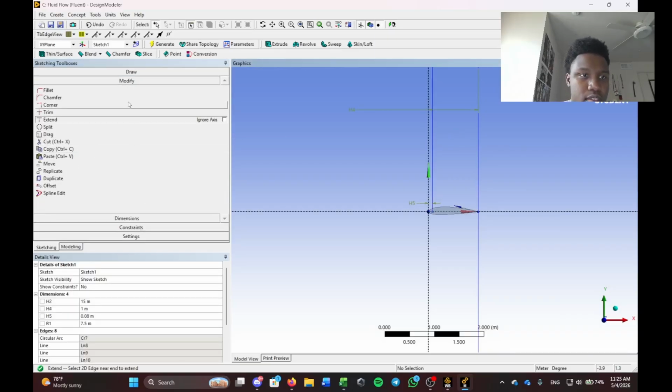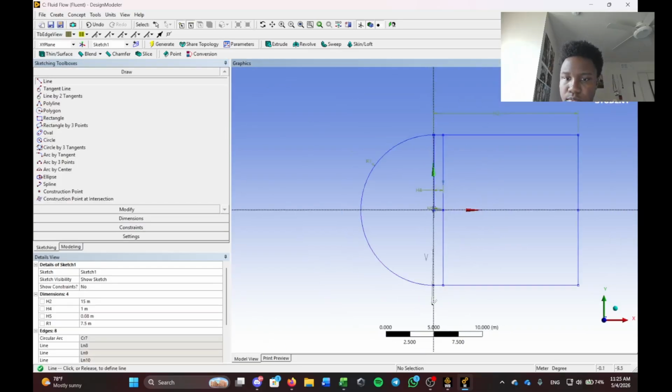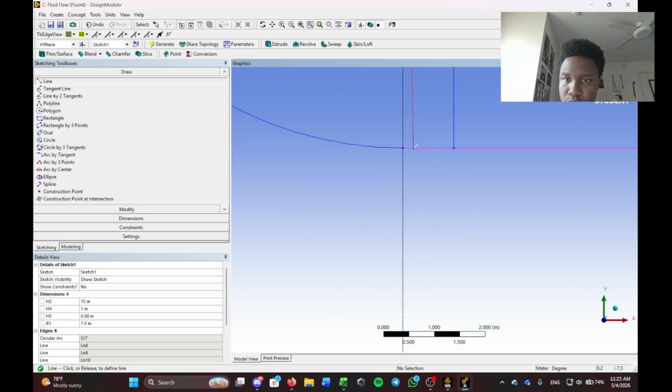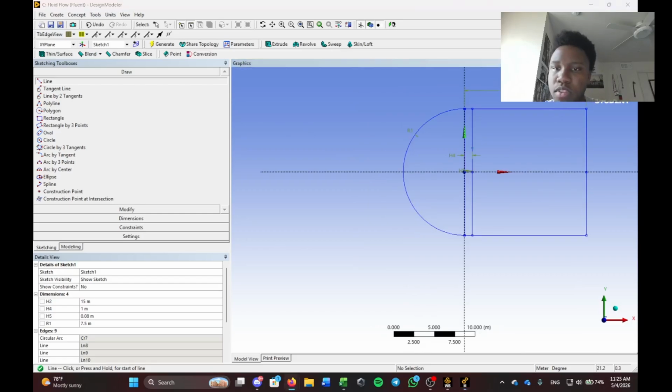Extend that. Go back to draw. Line. Point. And here. Make sure you see the C. Boom. And then that's that. We have our 2 lines there. The reason why we're setting this up is because we are going to do a face split, which will help us separate each of these faces that we're creating. So